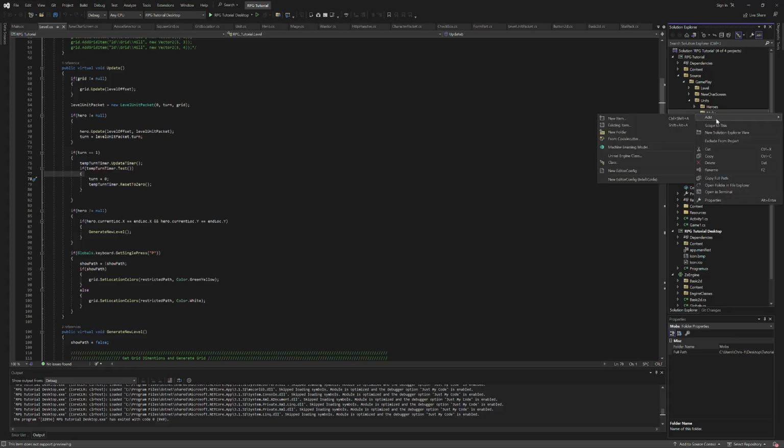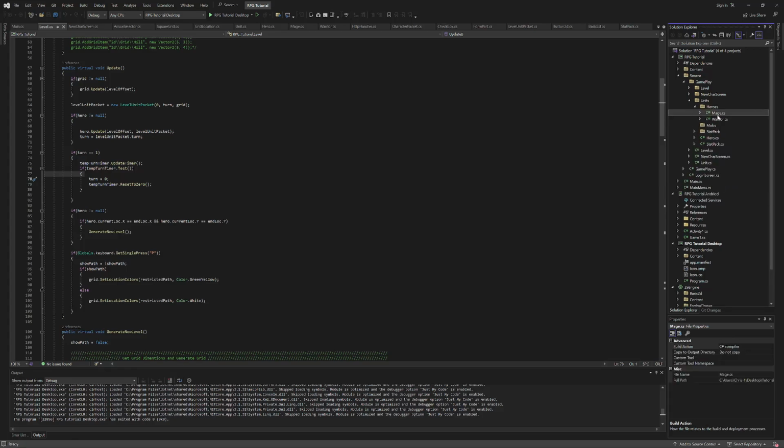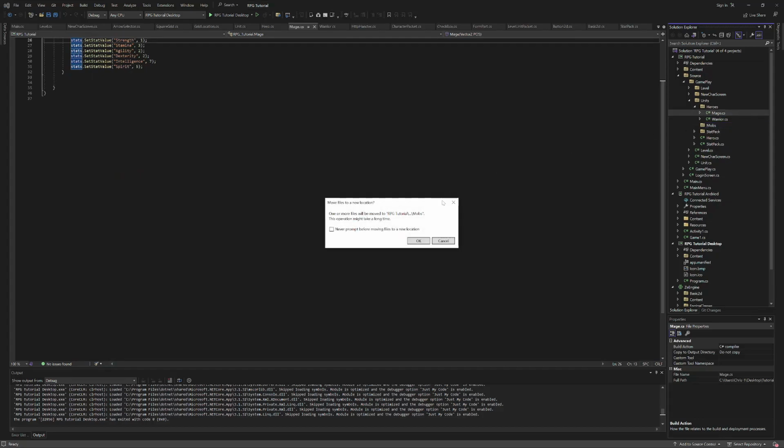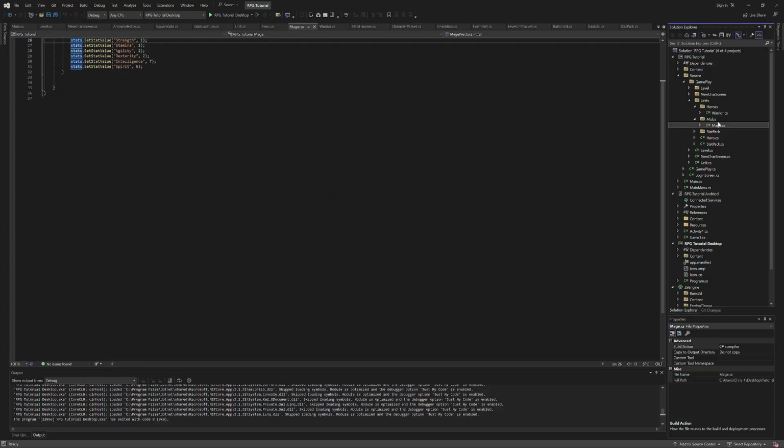And inside mobs, we are going to create, oops, not move, I wanted to copy. Dang it. All right, copy, paste, rename, imp,